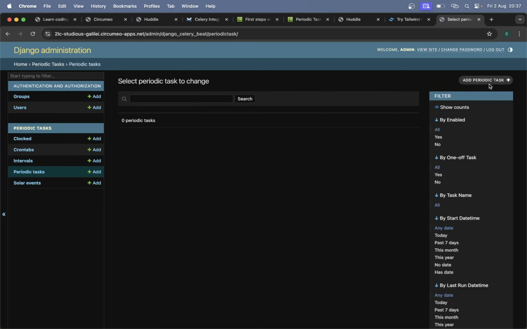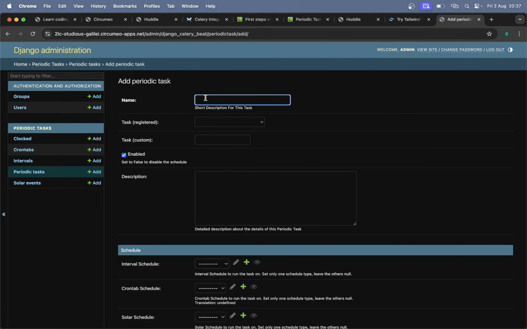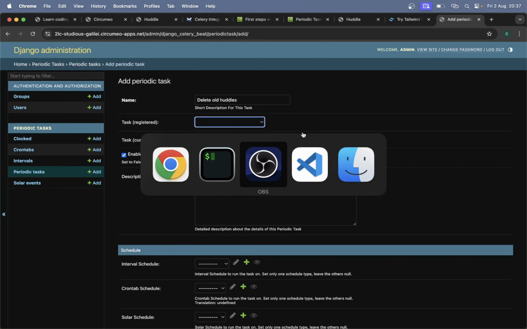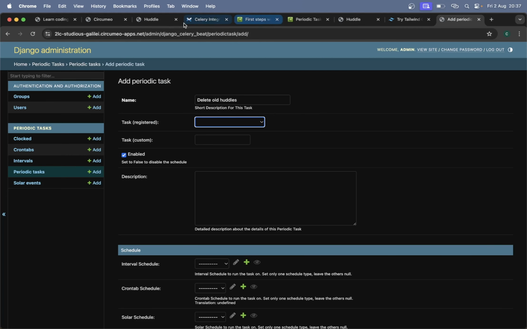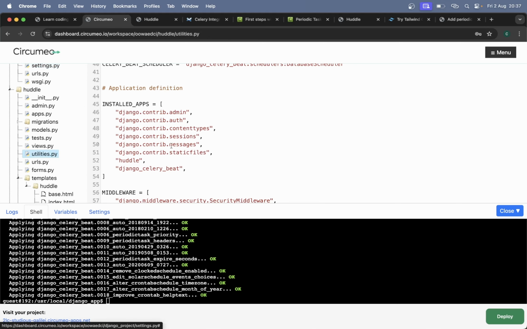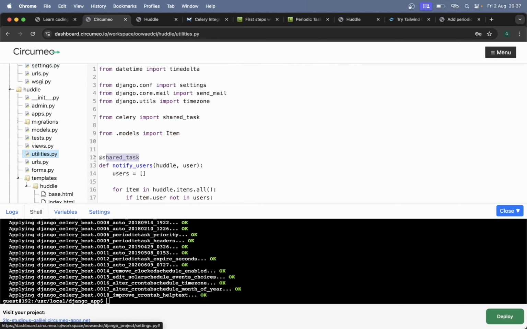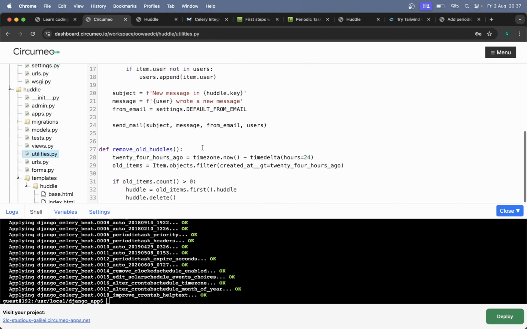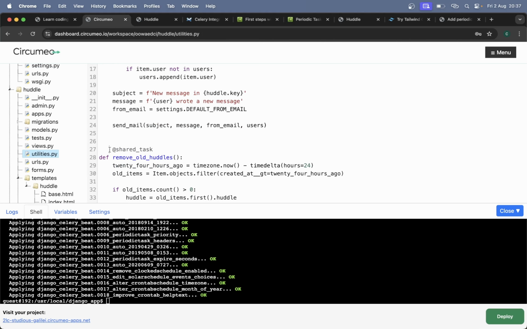Let's try to create one. Name: delete old huddles. Notify users. No. Okay, I just need to register that task as well, so that's probably done in the same way. Sorry for all of the back and forth. I have not used Celery a lot, so let's copy this one, paste it as a shared task,